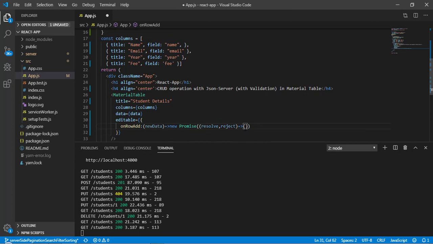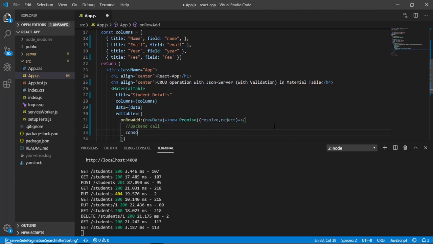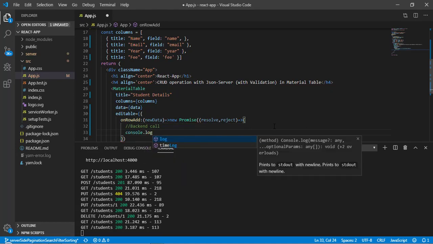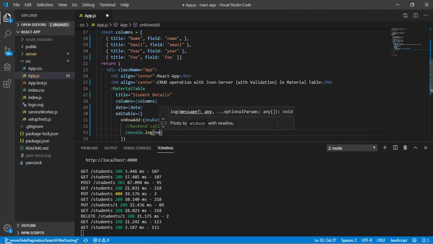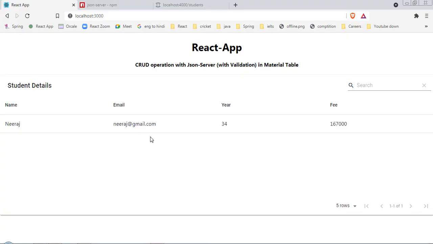So here we have to write the logic to add new data. So basically we will make an API call here, so backend call. Okay, so now let's do a console log of this new data whatever we get. So newData, now save it, and let's come back here.